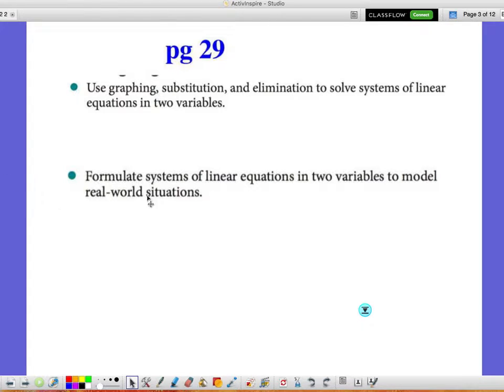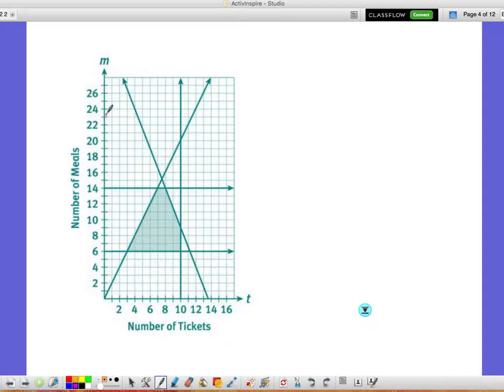Hello, and this video is going to be on lesson 3-1, and this begins on page 29. So we're going to be focusing on how to use graphing, substitution, and elimination to solve systems of linear equations in two variables. In the previous lesson 2-2,